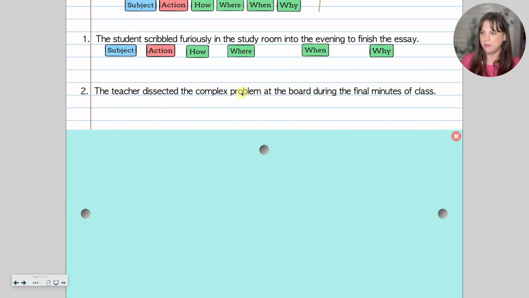The teacher dissected the complex problem at the board during the final minutes of class. Our subject is the teacher. What did the teacher do? Dissected the complex problem. Notice that our action is a little bit bigger than just one word. In the case where there's a direct object, like the complex problem, remember that the direct object answers who or what about the verb. So dissected who or what, the complex problem. We're going to leave the direct object with the predicate and the action. So the teacher dissected the complex problem. At the board tells us where. And during the final minutes of class tells us